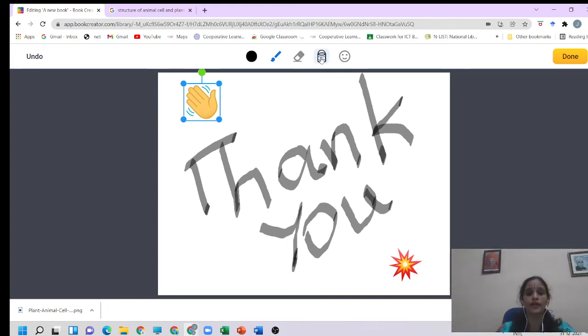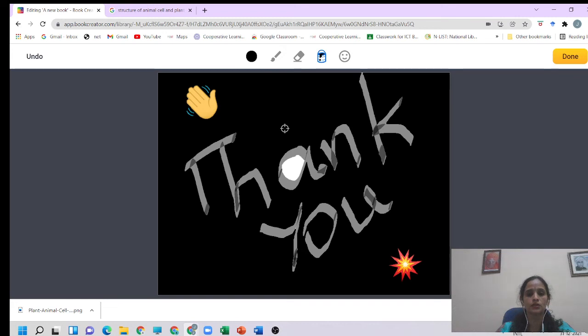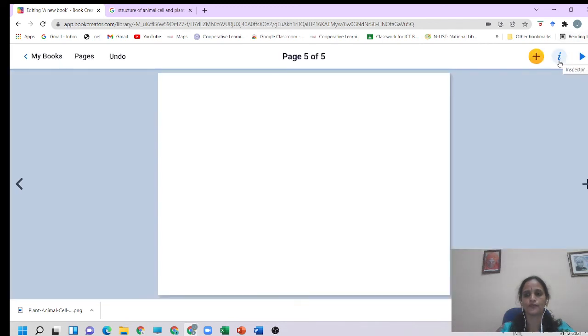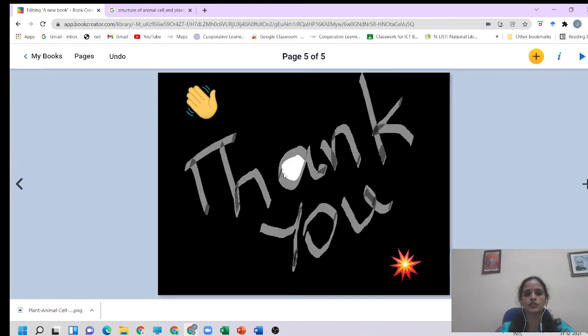See, this is the bucket wherein, if you wish to have a color for this background, say black color, you can just click it and it will turn into black color. If you want to undo it, you can undo it. If you don't want it, you can make use of this eraser also. So these are the options that you can find here in the pen option. These are the things that you can use to create an ebook for your students.